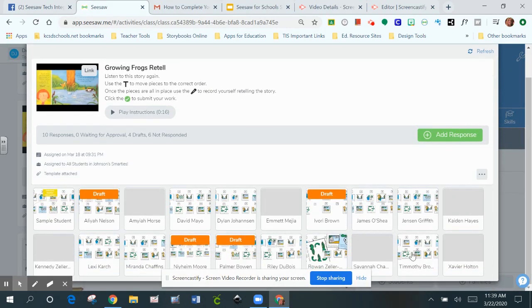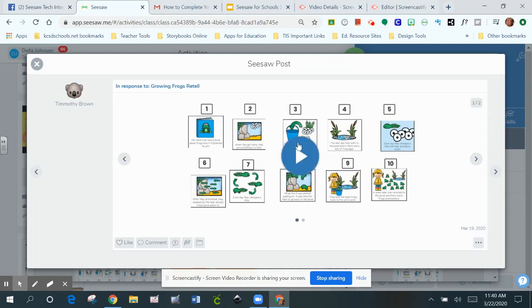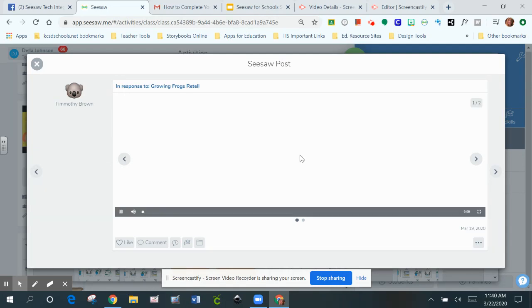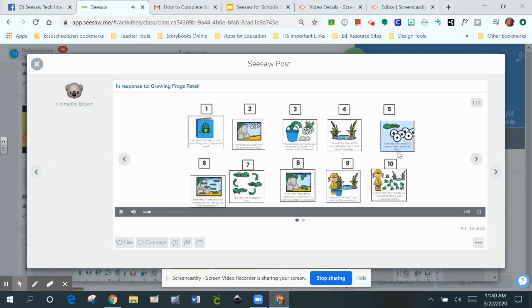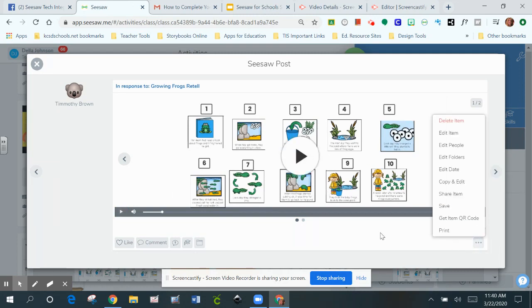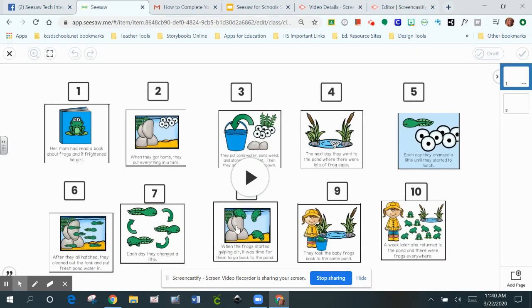So we're going to look at a student's work. And we listen to what they said. We look at a book about frogs. We look at their story. What did they do? Did they do it okay? Let's say we saw problems, so I'm going to edit the item. Right. So as you can see here, I have already given him a suggestion